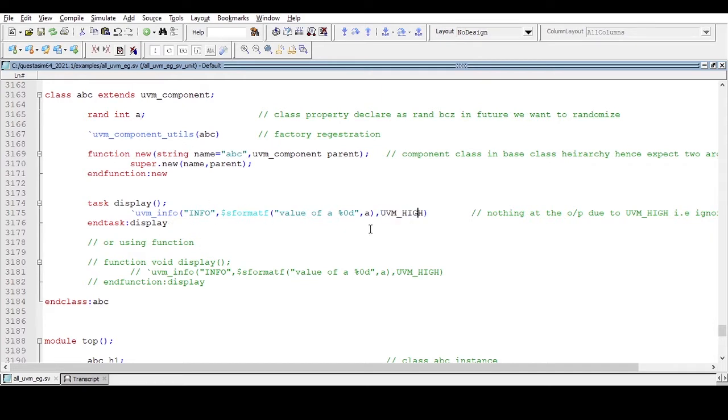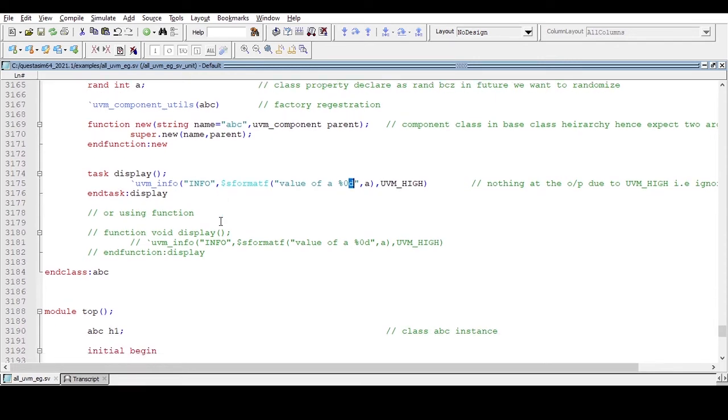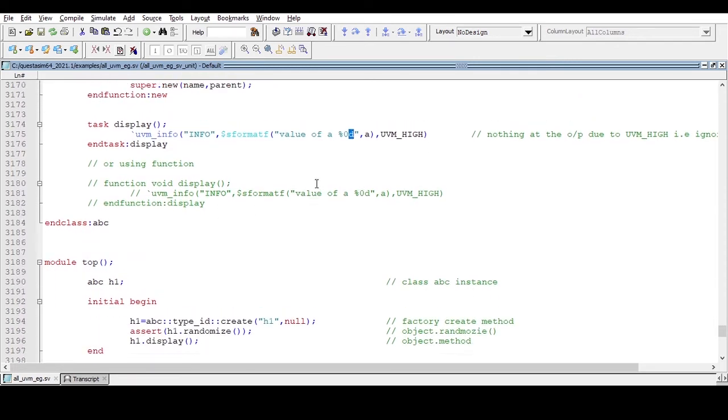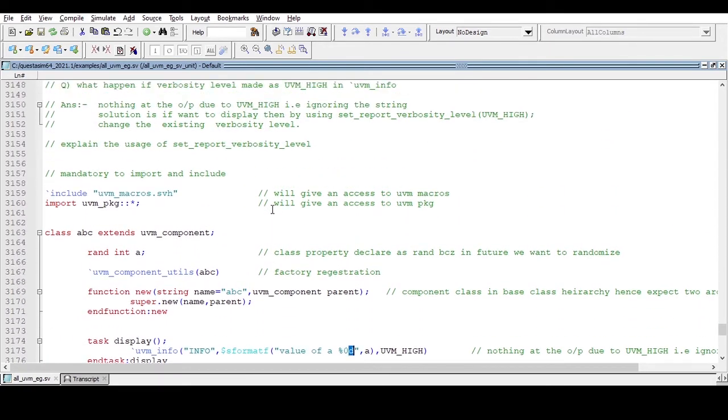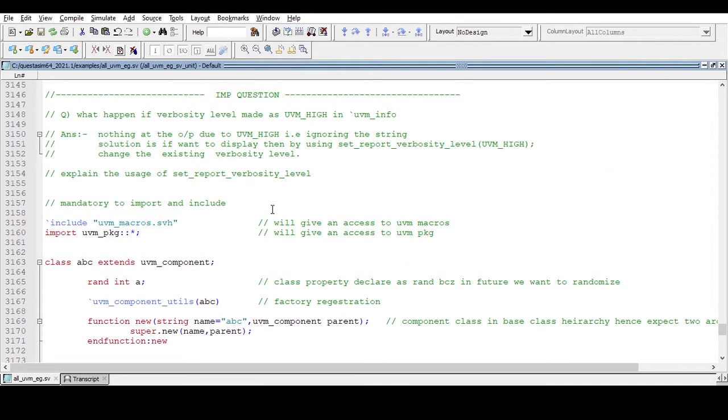So this message will be ignored if we declare UVM_HIGH. But in order to display this message, the value of a, what we can do is set the verbosity. We need to change the existing verbosity level with the help of this set_report_verbosity_level.